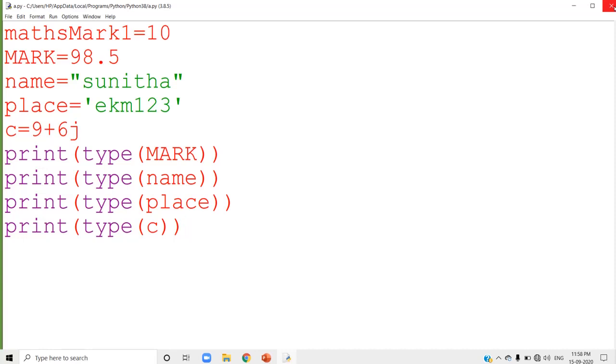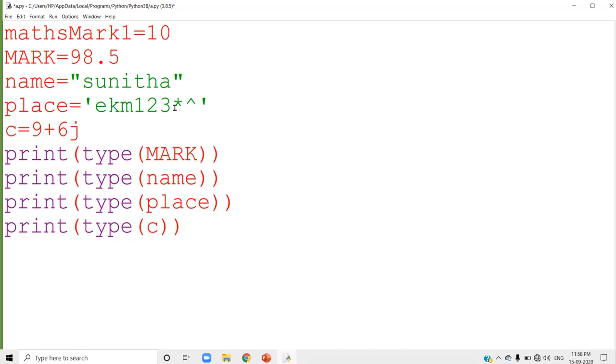I told you this is a combination of alphabet and digit. I can use some special characters here. Even if you mention special characters, that will be considered a string itself.